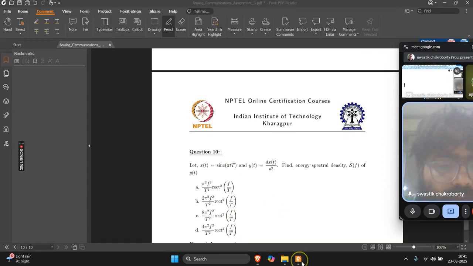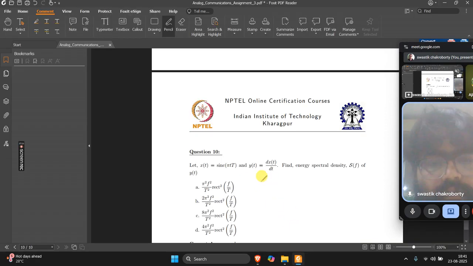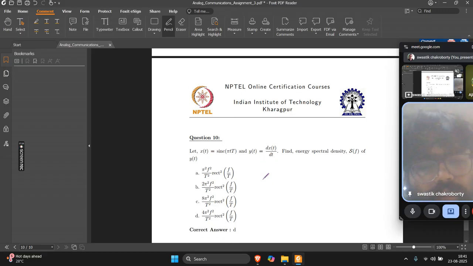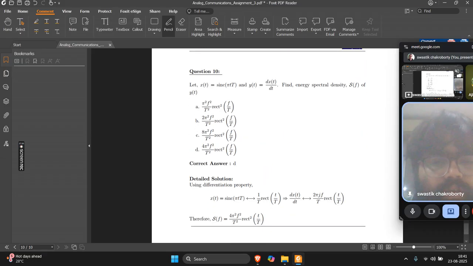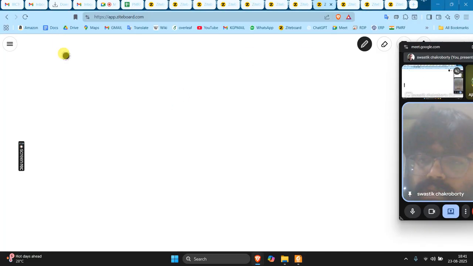So what does the differential property say? That it will get multiplied by 2 pi jf. So when you have x(t) equal to sinc pi small t by capital T,